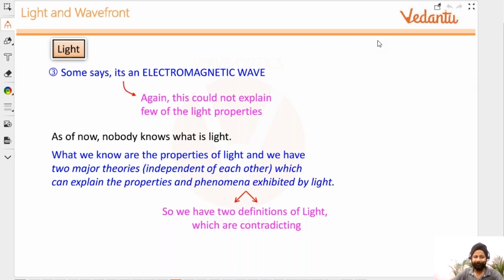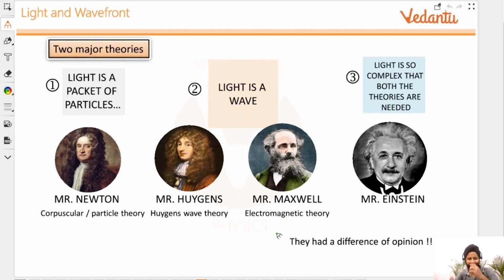Okay. So 2 major theories, as we said. Mr. Newton started by saying it's packets of particles, and then Huygens and Maxwell took it further, and it actually started with Young's double slit experiment, that light shows an interference pattern, and we'll see what that is, right? And then it was assumed that Newton made a mistake there, light is actually wave. But then you could not explain everything. And that's when Mr. Einstein jumped in and he said, it's actually both. And that was a big statement to make.